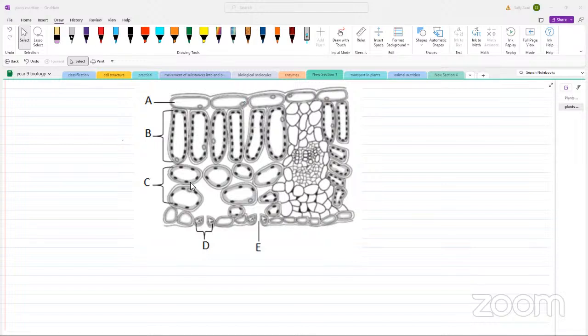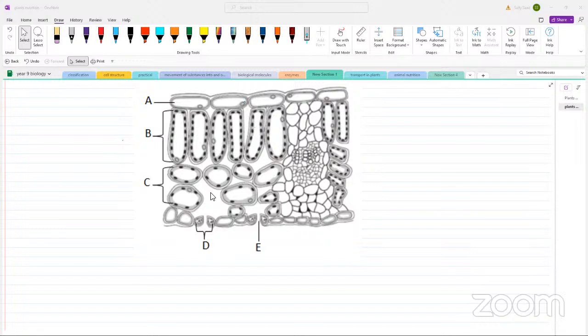Next layer, which is spongy mesophyll cells. Spongy mesophyll cells, they have chloroplasts, but fewer in number compared to the chloroplasts which you found in the palisade mesophyll cells. There are here a lot of air spaces. That's why it's called spongy, right? These air spaces allow gas exchange to happen, okay? Helps in the diffusion of the gases between the cells, so gas exchange will happen faster between the cells and